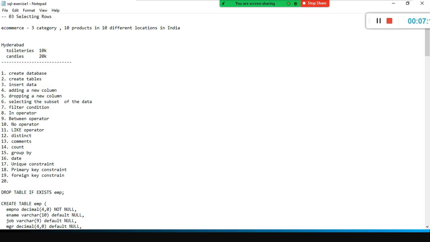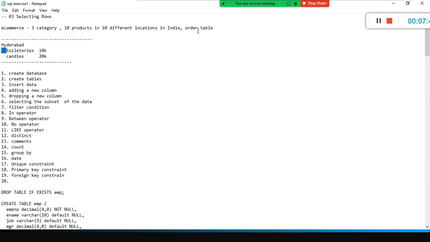If I want to know this, I need to join the data from 3 or 4 different tables. To generate this report, I need a location table separately, products table separately and category table separately, and at the end of the day I need to join these 3 tables, along with the order table, right? In the order table we store all the transactions, right?